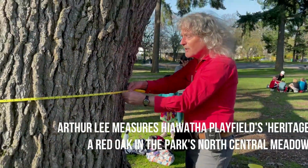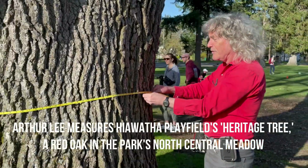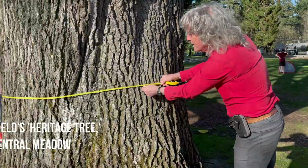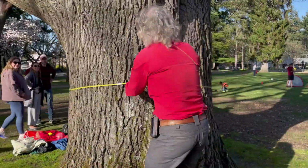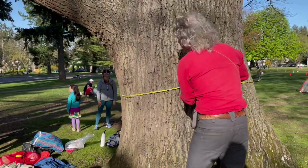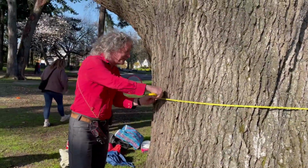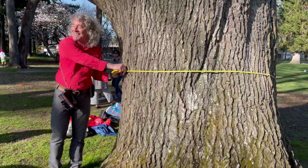So a good measurer tries to get the smallest possible reading. I've got it down to 15 feet 8 and a quarter. The sloppy guys don't take the pains that I'm taking, but if I can't get it any tighter than 15 feet 8, that's what I'm going to call it. Look, I got it down to 15 feet 8. Cool. Look at me and tell me that. Is that going to make your date? 15 feet 8? 15 feet 8. Okay,